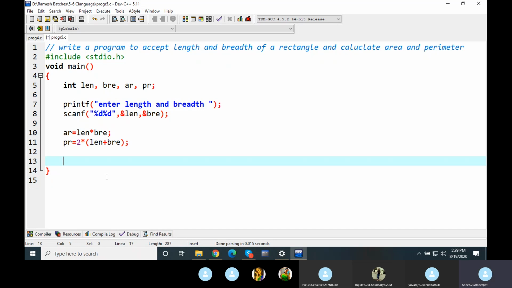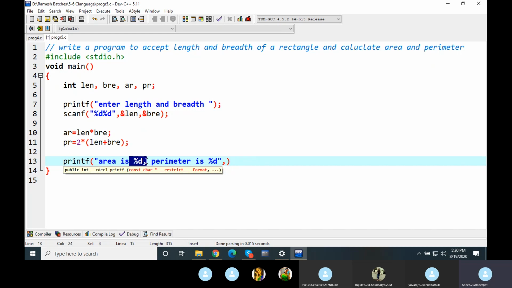Yuvraj, come on. We are going to make use of a printf statement. Correct? Yes, sir. So printf bracket start within double quotations. First thing that I want to display is area. So I'll say area is %d, comma, perimeter is %d, quotations close, comma, outside the quotations.